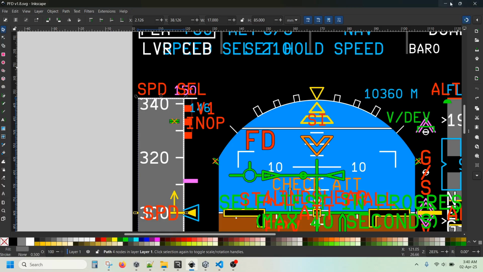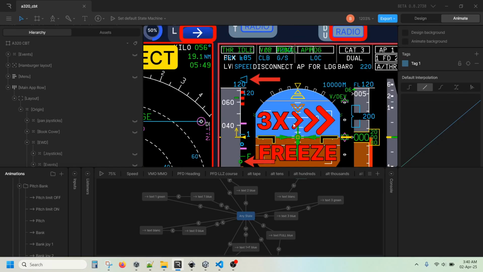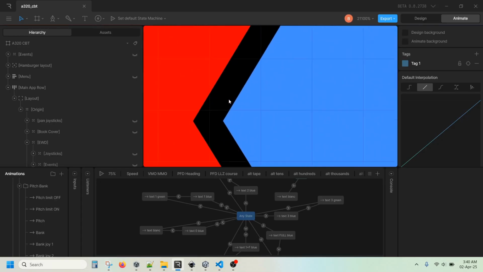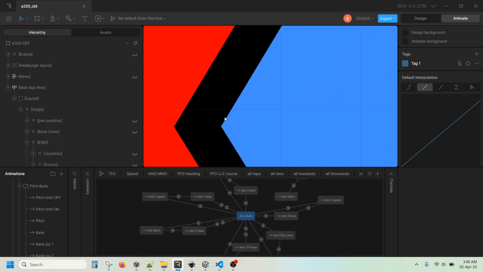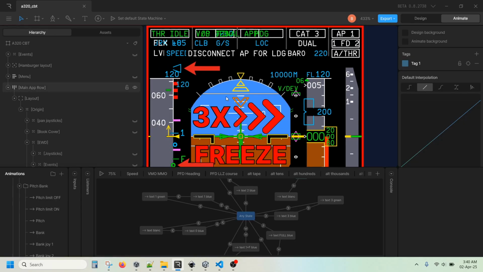So what I did, I imported this into a vector graphic real-time rendering program called Rive, which is still in beta, but it's quite powerful and it's really useful to animate vector graphics. So here is the same SVG file, and again it's all vector graphics, and you can zoom in indefinitely and the quality will remain really good. Now, in order to animate this,